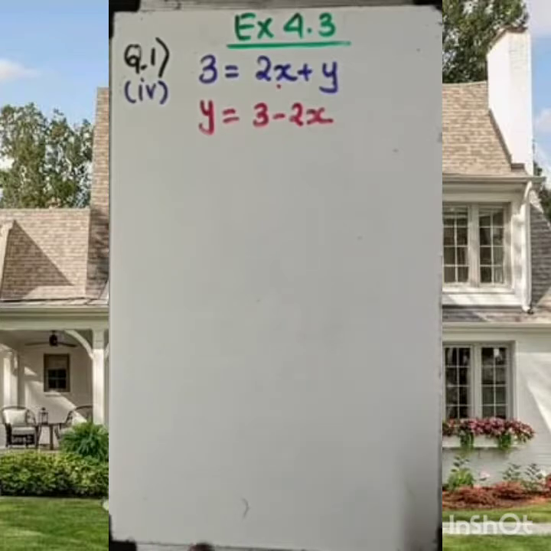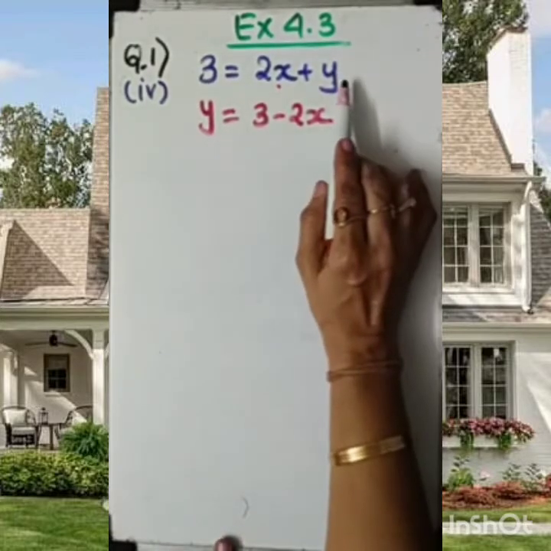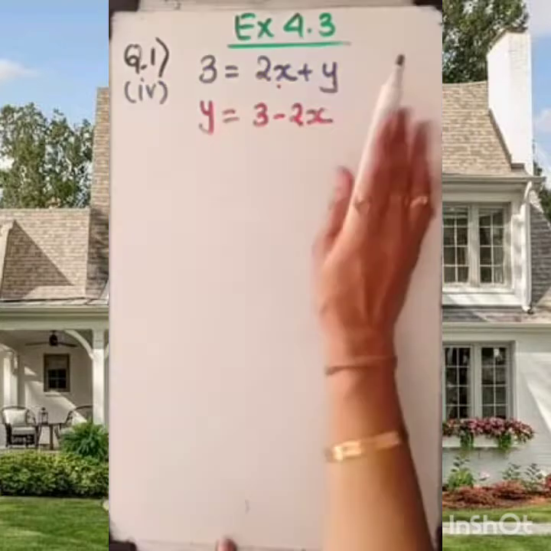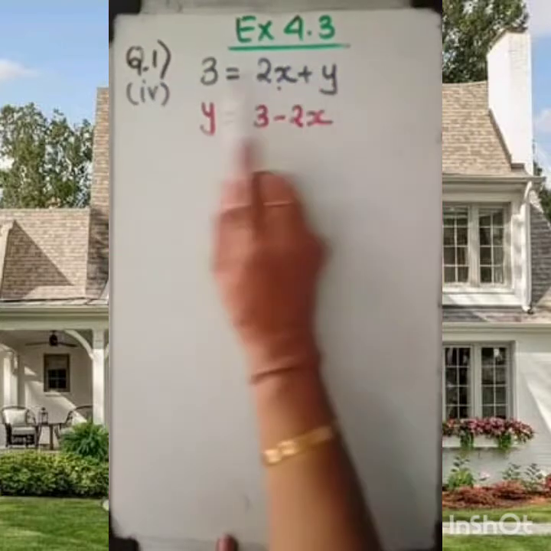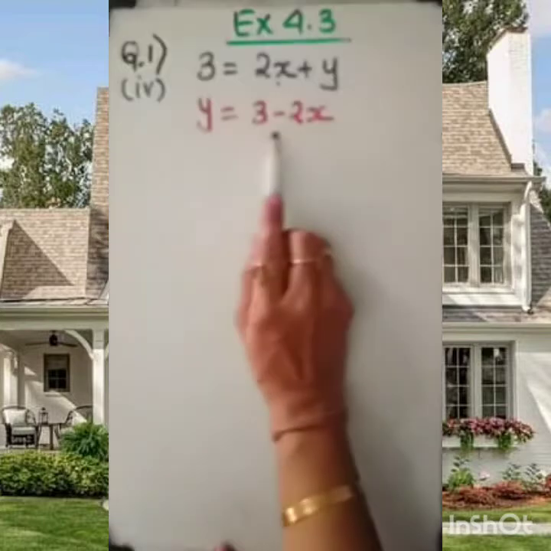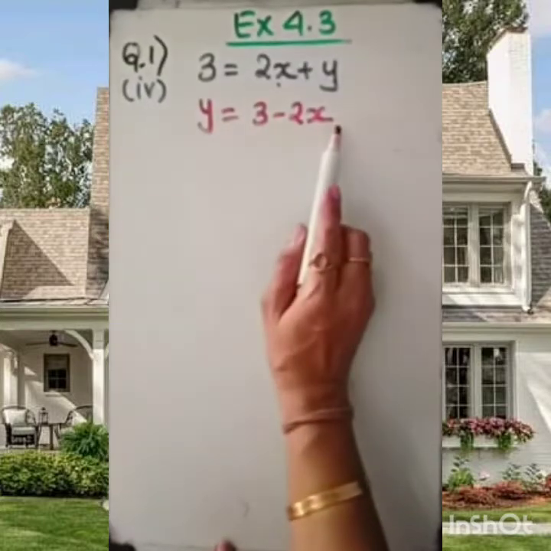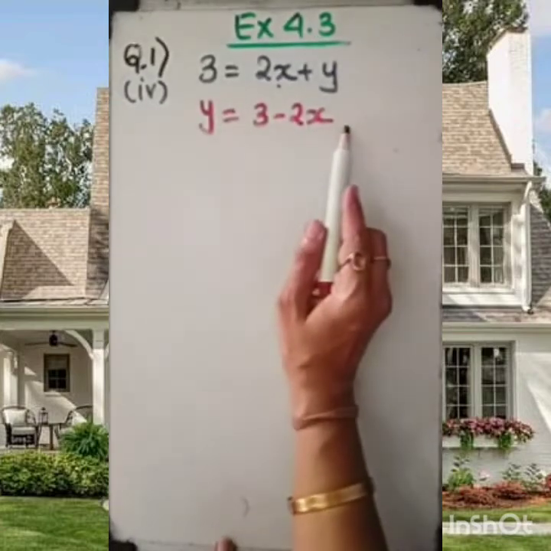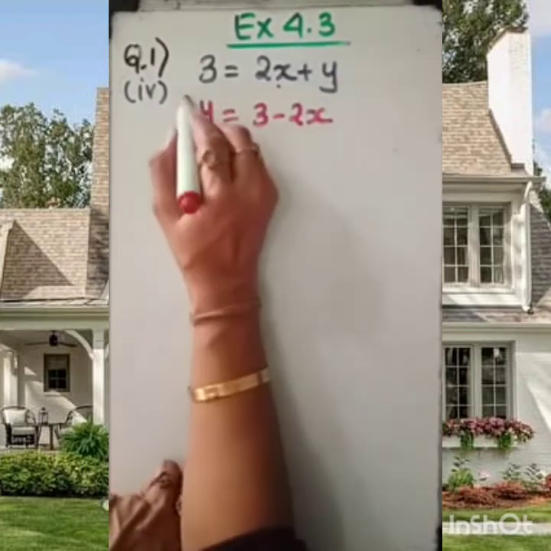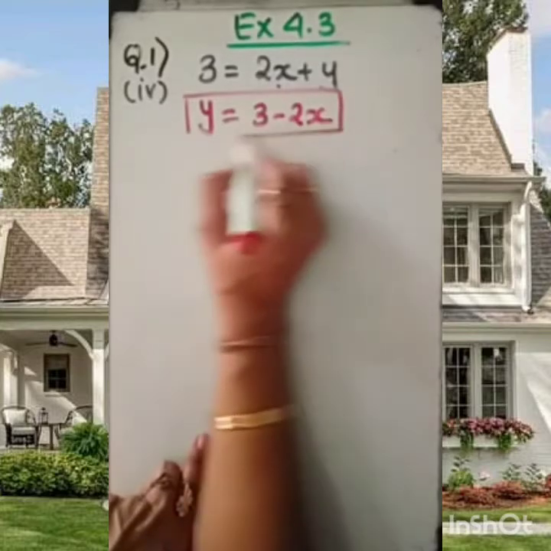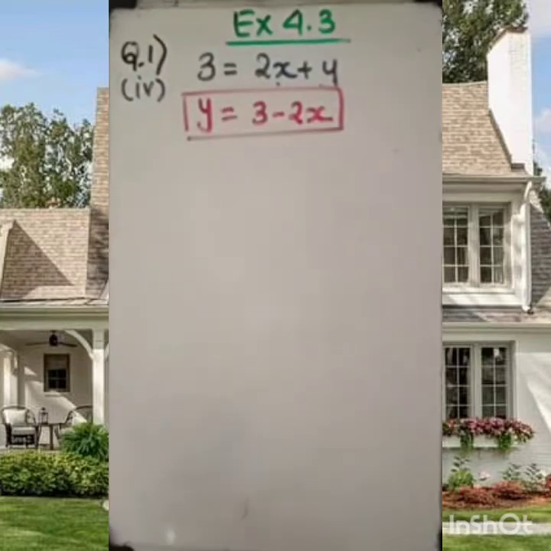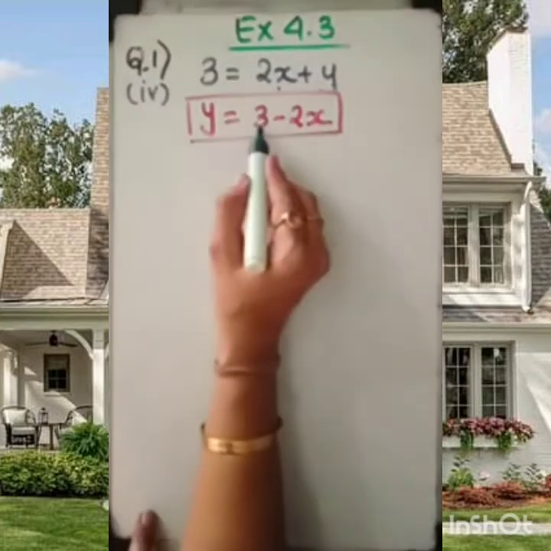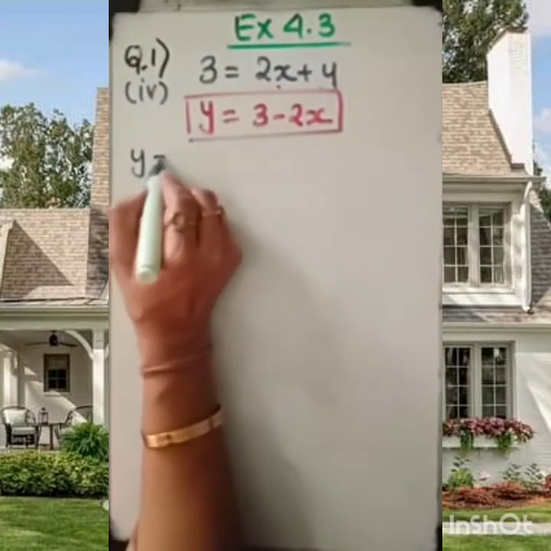Again I am explaining here, nothing I have done. I am keeping y here on the right side only, and I am bringing this 2x to this side, so it becomes 3 minus 2x. Got it? So y equal to 3 minus 2x. Clear? Now this is a general equation in which I made y the subject. Now for different values of x, we will have the value of y. So let's try to solve.